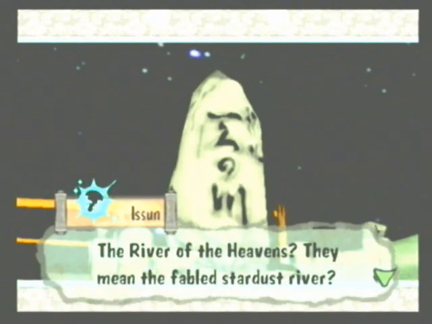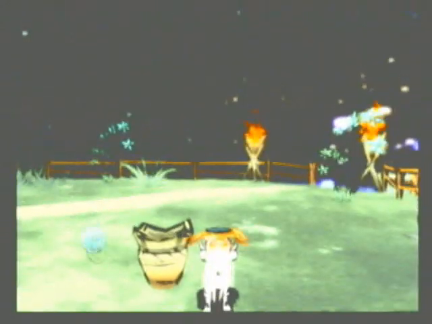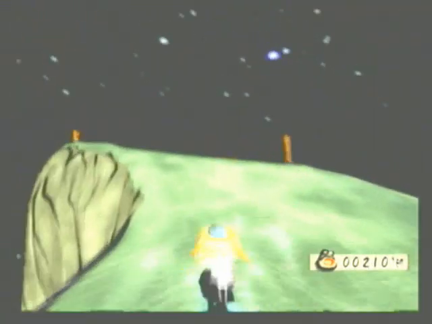Here we have the River of the Heavens. And yeah, Isun's just saying, this is a little puddle. How the heck can that be a river? And Isun's gonna point it out again. Don't bother checking it. What you want to do instead is you want to head up here,